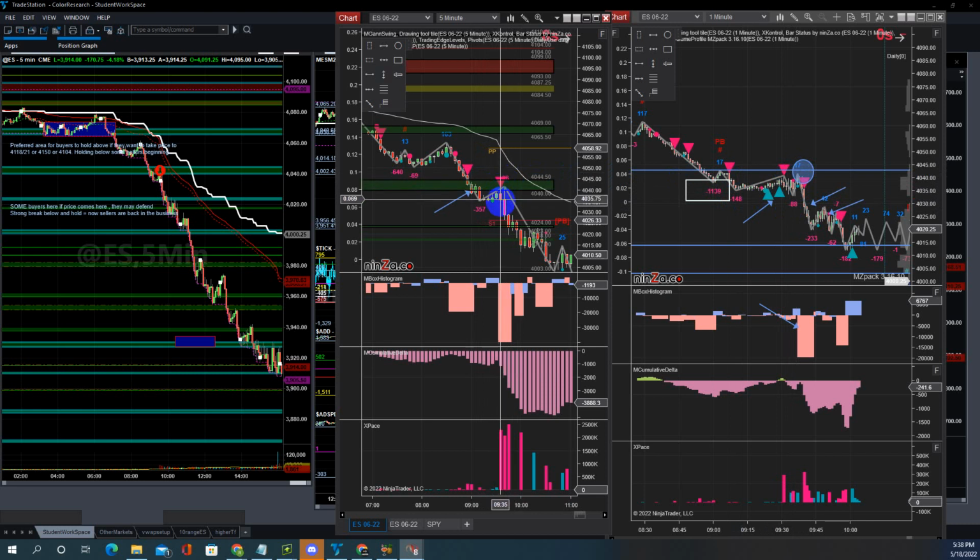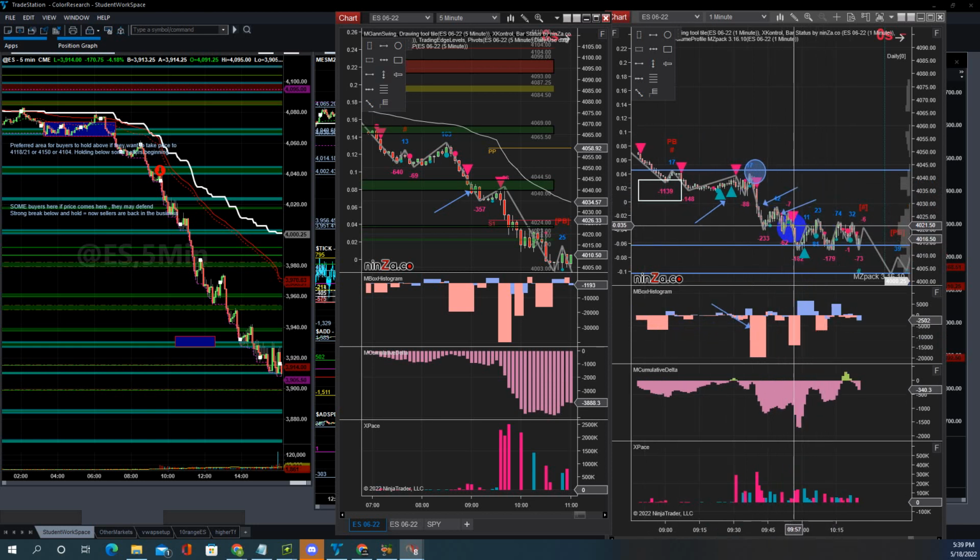Then you can see this sell-off came in 5 minutes. You're watching all these things, and then you see this bar developing while this is going down, and this is taking out this and this. At this time you can short right here, similar to NQ. Or if you missed out, you can see minus 88 to 233, that much selling, so you wait for a pullback. It happened right here, you short right here, and then you can easily target 4,000 or 4,014, depending on how you manage it.